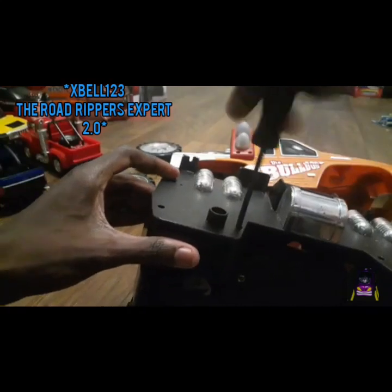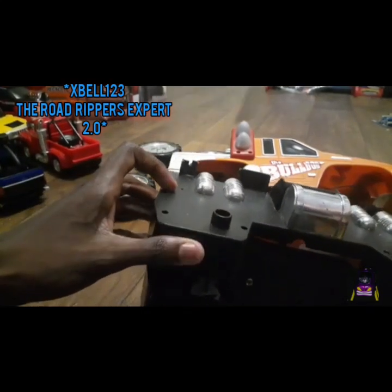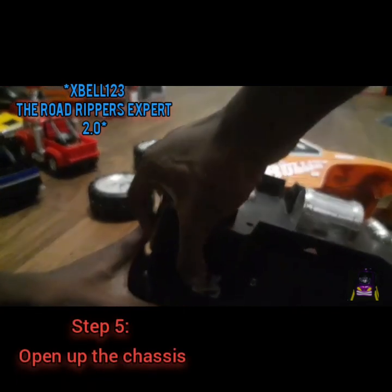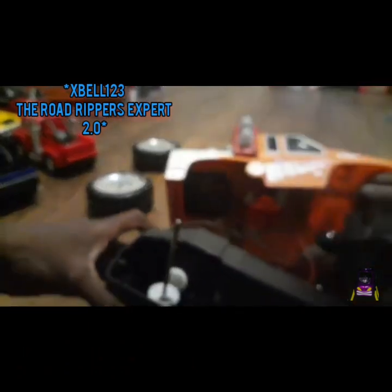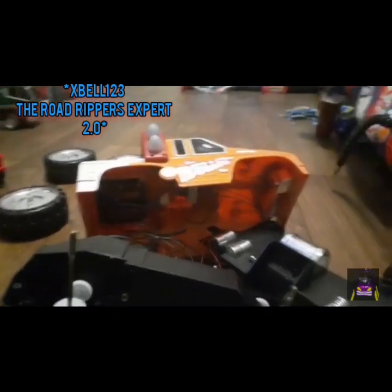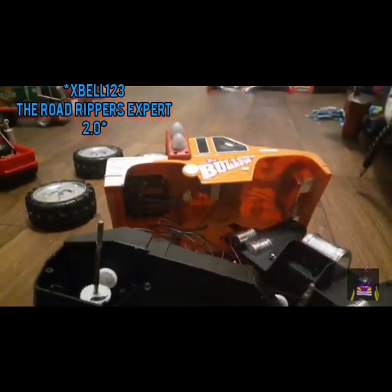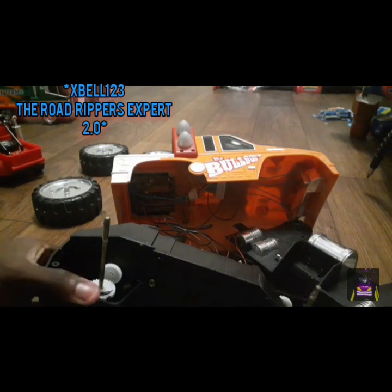Alright, I got the chassis off. Okay, I have to put it like this, since there's a mute switch. And, well, yeah, this isn't your average stubby base, of course. But anyways, as you guys can see,